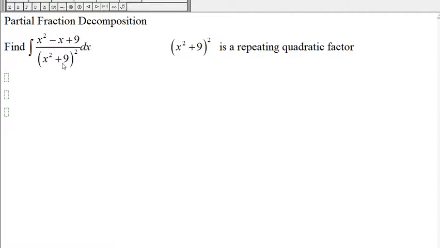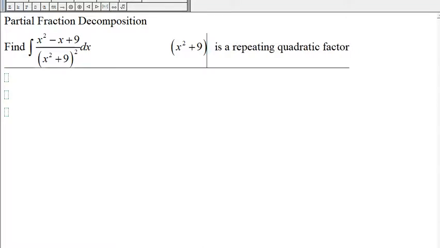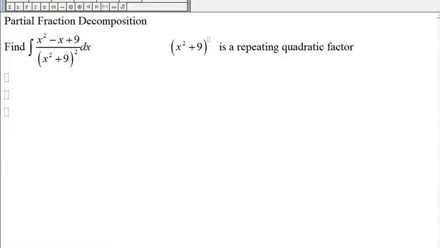Here we have the indefinite integral of x squared minus x plus 9 divided by x squared plus 9 squared. If we just have x squared plus 9, then this is called a quadratic factor. But if we have x squared plus 9 and then squared, it's called a repeating quadratic factor. And so to decompose something like this,